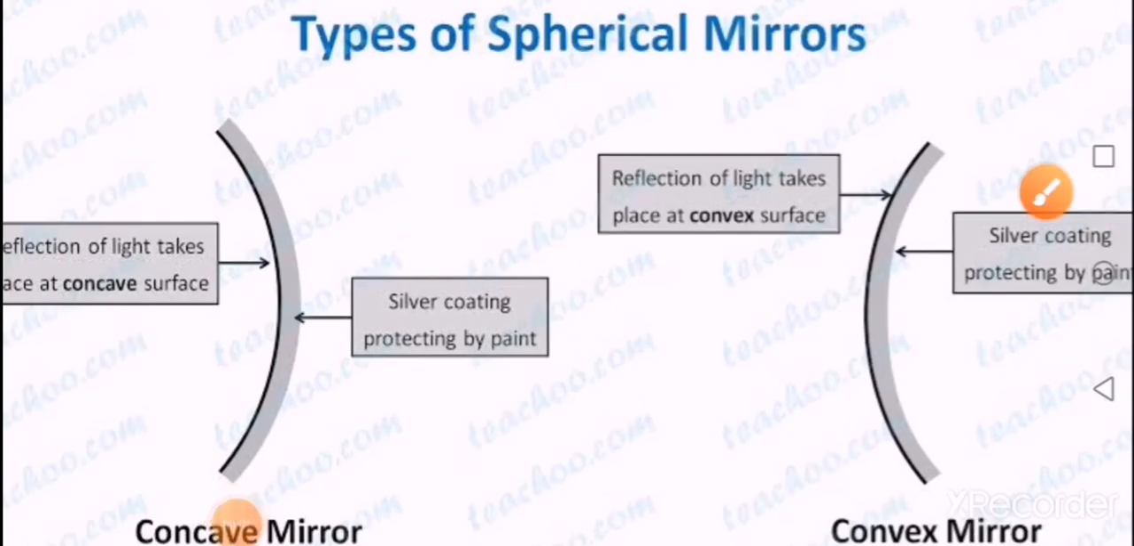Now, the second case is that if the image is upright, magnified, and increases in size even on a small movement of the mirror, it will be a concave mirror. And case 3, if the image is upright, diminished, and decreases in size even for a small movement of the mirror, it will be a